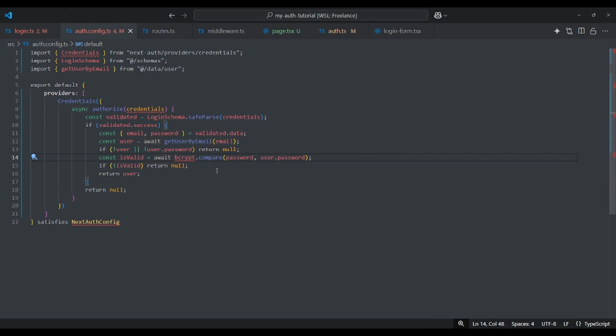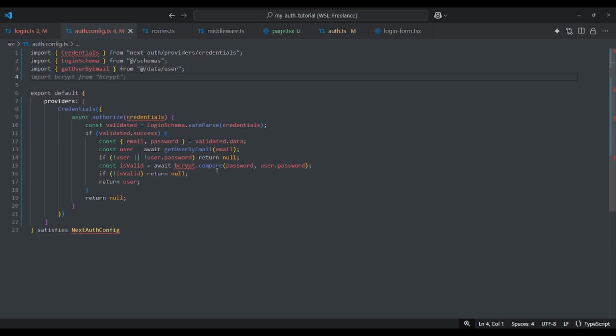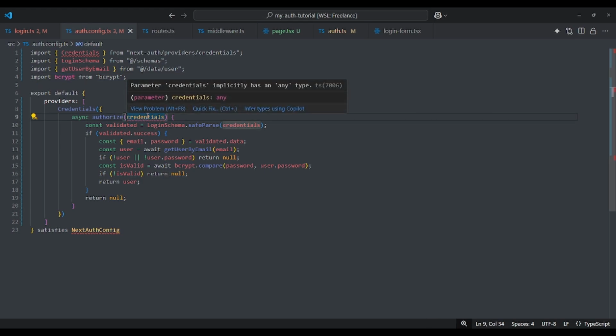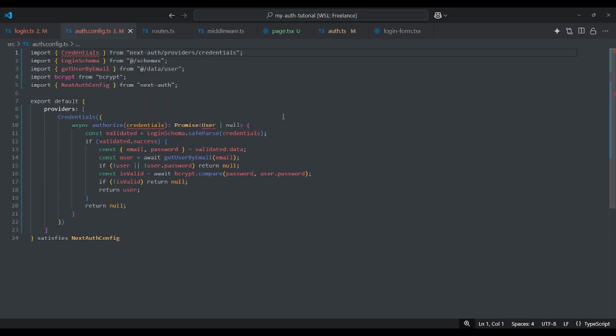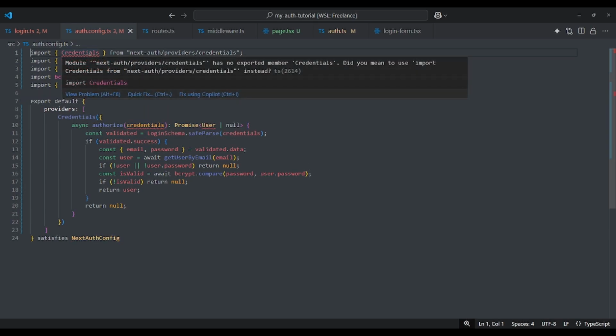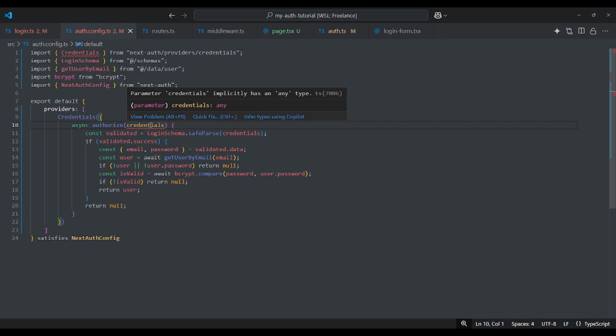Bcrypt, we need to import bcrypt from bcrypt. My editor did not detect the bcrypt package, so we need to import bcrypt from the bcrypt package. Credentials, there's still a complaint here. Parameter credentials implicitly has any. Another issue here is credentials, just leave it for now just like that.